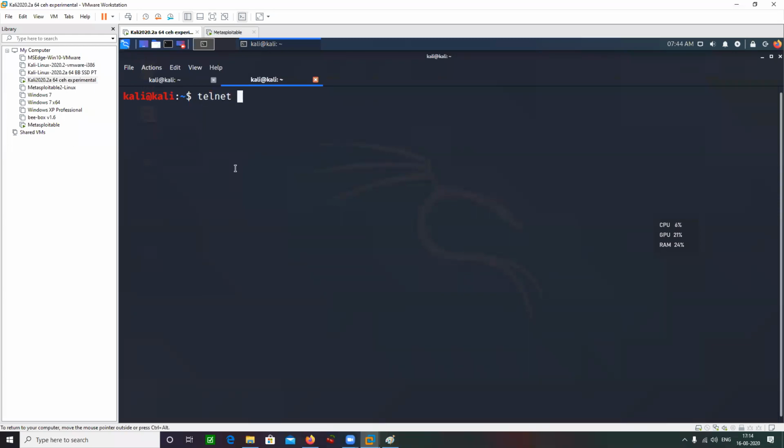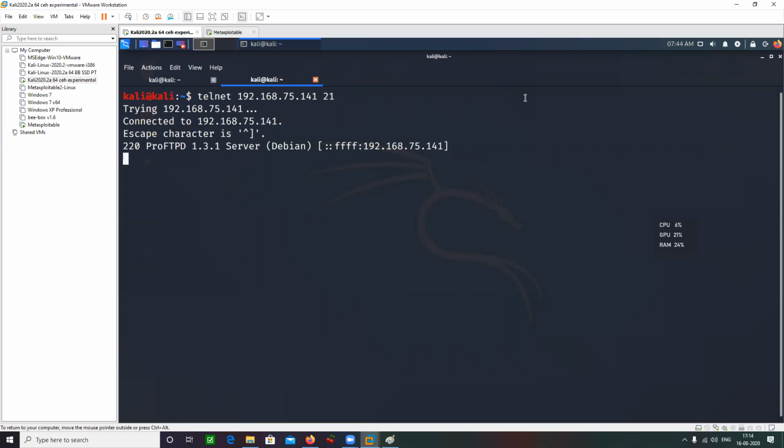I can simply try to make a telnet connection on any port, let's say port number 21. You can see while making a telnet connection, the service shouted back its version. Here I can see that on port number 21, ProFTPD 1.3.1 is running.